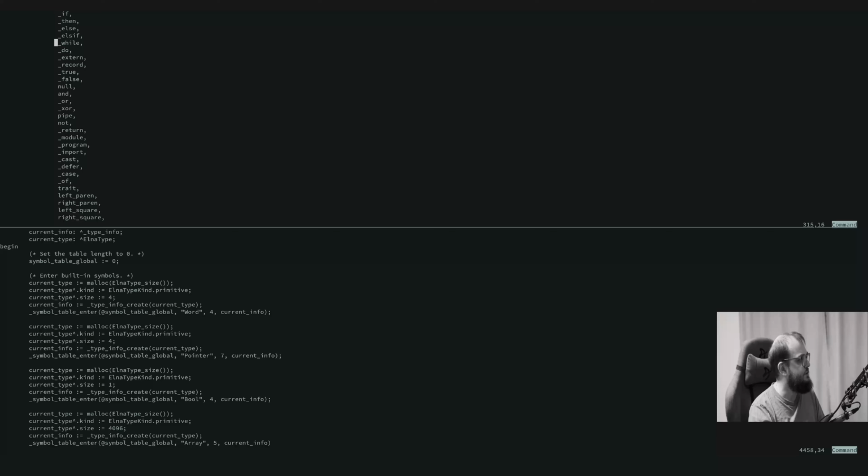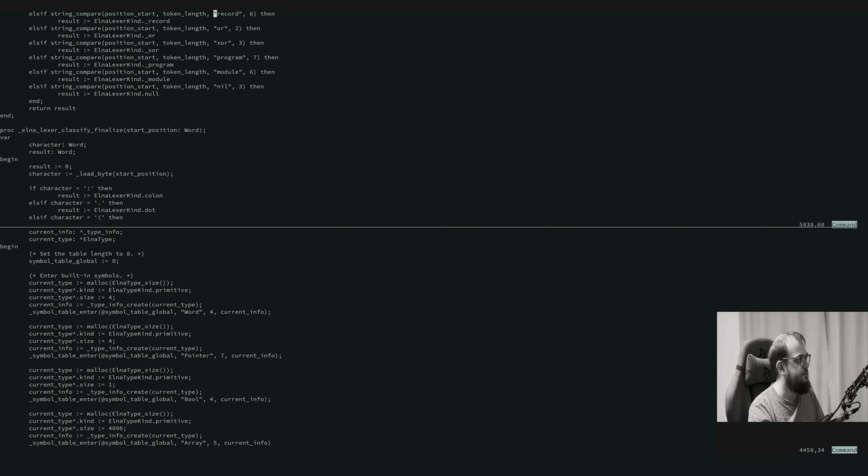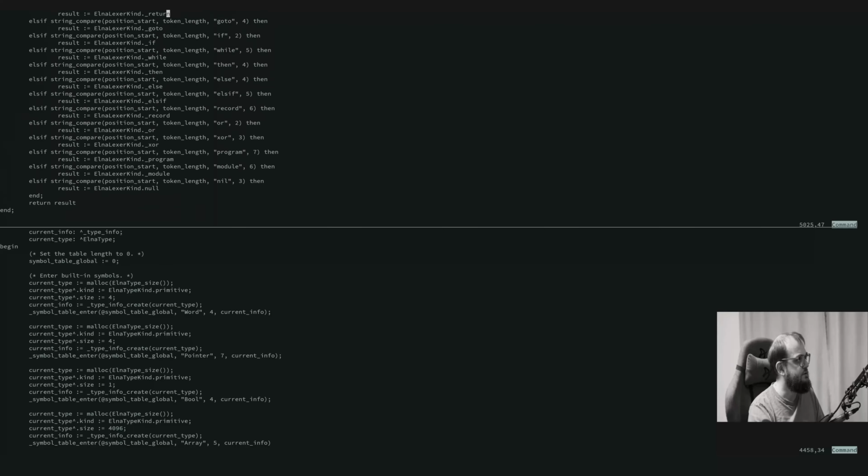I think we should. Yes, we have these two tokens, true and false. Then we have a recognizer, a procedure that checks whether an identifier is a keyword, but I don't know how this procedure is called. Let us look for the nil. Exactly this thing here,